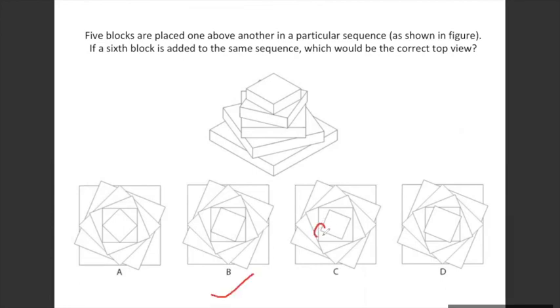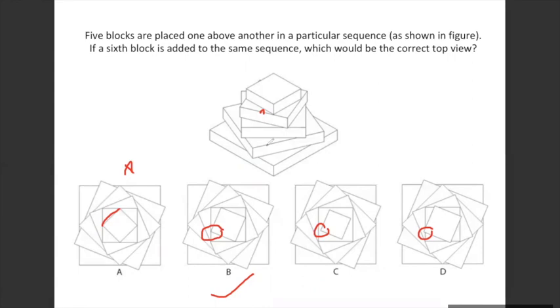Simple. Look at this edge. Look at this edge. And look at this angle. It's not 45 degrees. It's not touching in the middle. Here in option A, it's touching bang in the middle. So option A is negated there itself. B, C, D remain, but they differ in the edge. So I will just look at whether it's touching, whether it is recessed inside, or whether it is jutting out. It's not jutting out, it's not recessed, it's just touching the edge. That's why I will arrive at option B straight away.